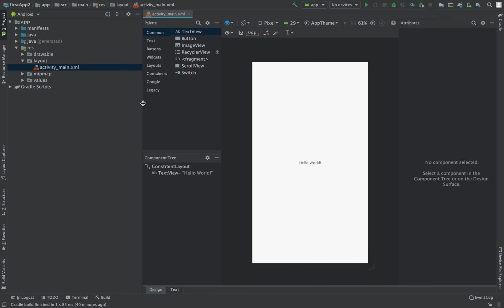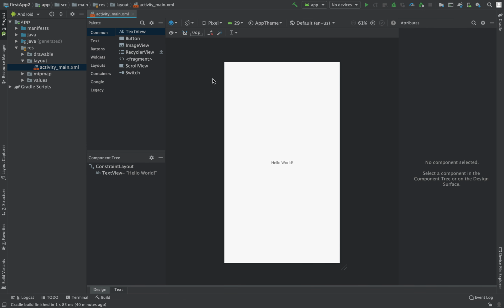Now let me resize this right here, and we have a good amount of space that we can work with. Now first things first, we have some tabs and extra windows. Let us start with the palette right here. Now the palette contains all the views that Android Studio